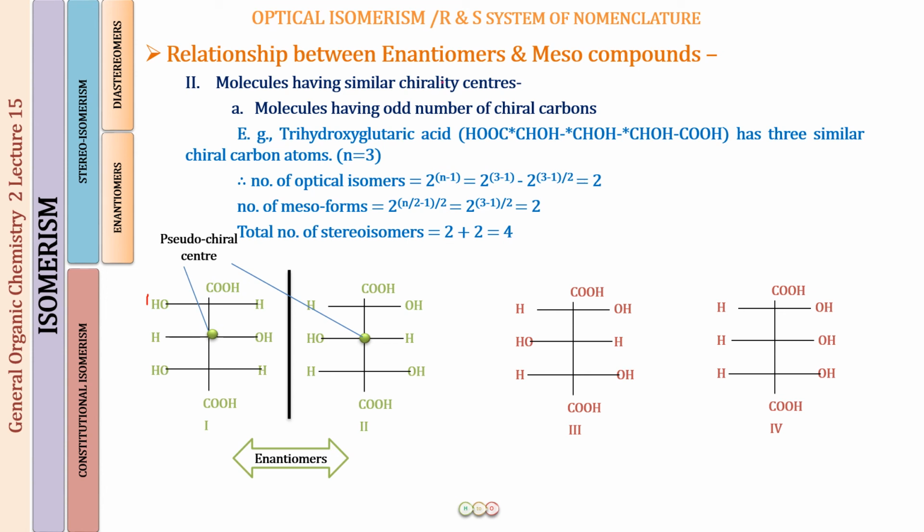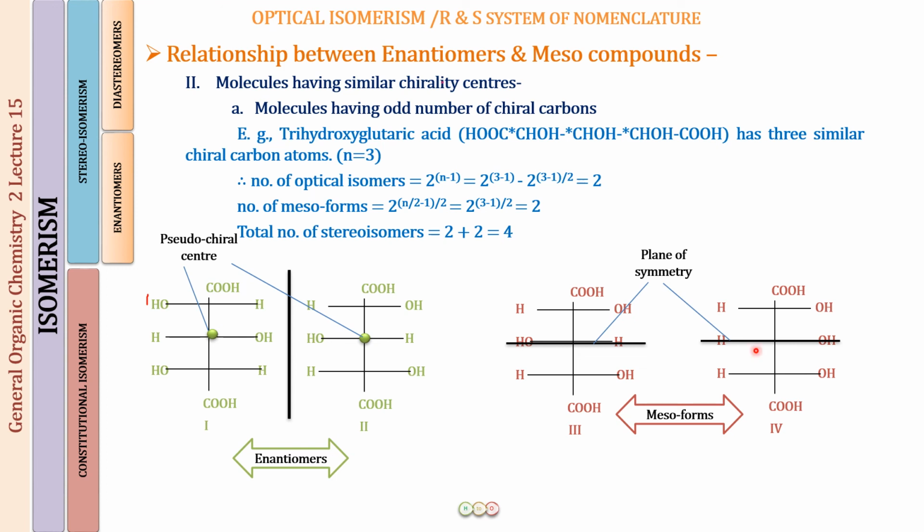Now let us look at the next structure. In the next structure, if I draw a plane of symmetry this way, we will have two identical mirror image halves. Similarly, for structure number 4, if I draw a plane of symmetry bisecting this hydrogen, this carbon and the OH group, we will again have mirror image halves on the opposite side of the plane of symmetry. So both of these compounds have a plane of symmetry. So these compounds are going to be the meso forms.